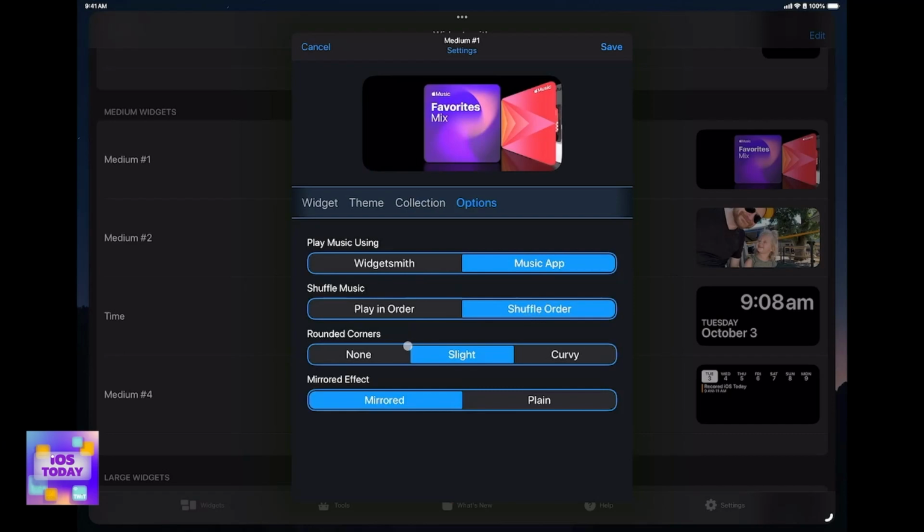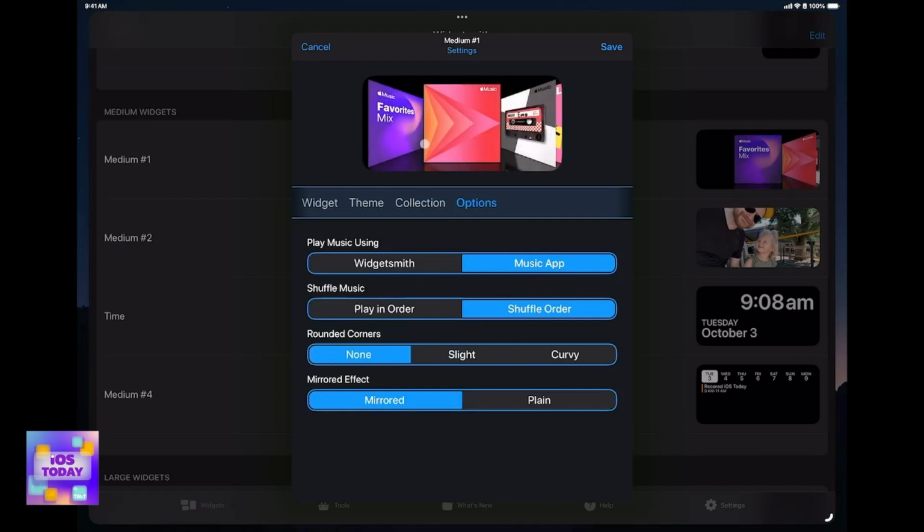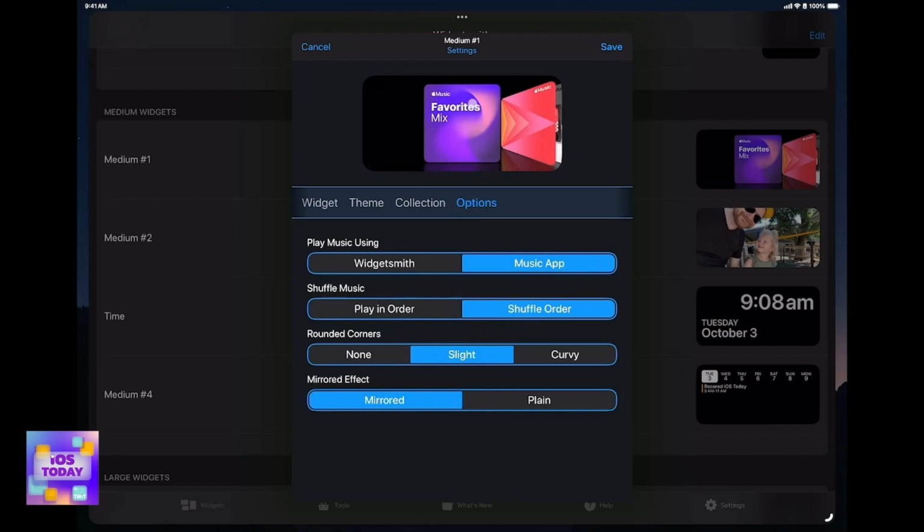I also have shuffle on, and by default, it's on these nice square looking icons, but I put them on these slight curvy ones to kind of make it look a little bit more like app icons. And then you can have this mirrored effect. It literally adds nothing, but it just makes it look like classic cover flow, which